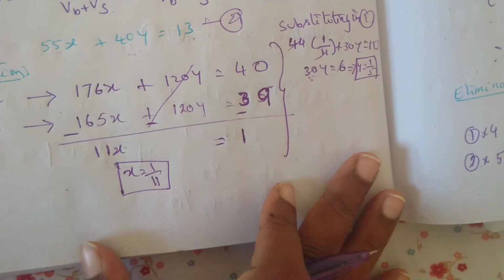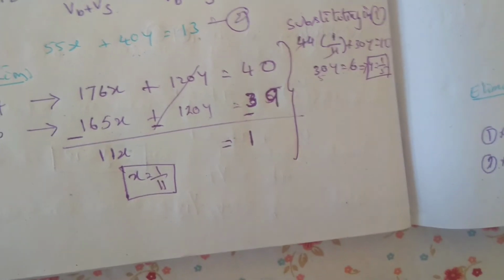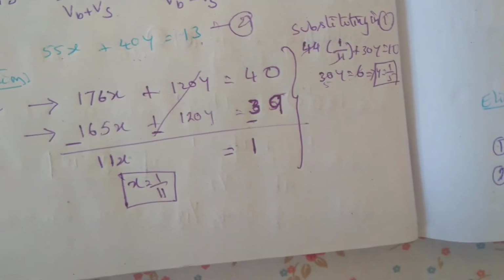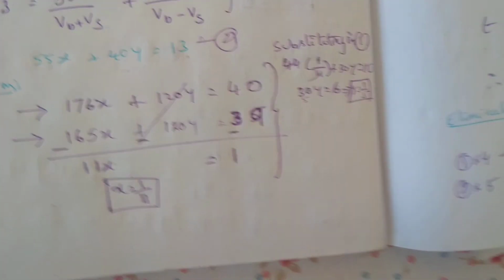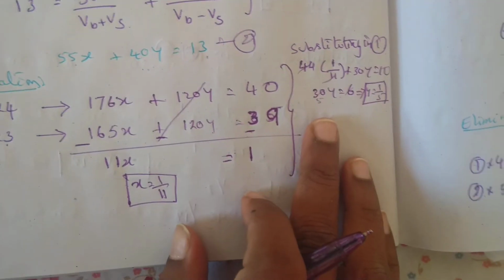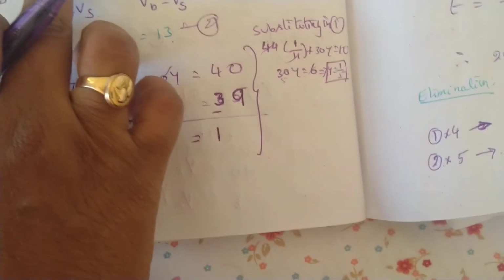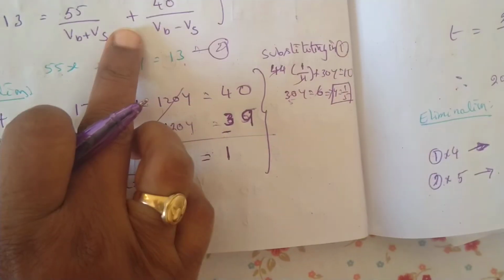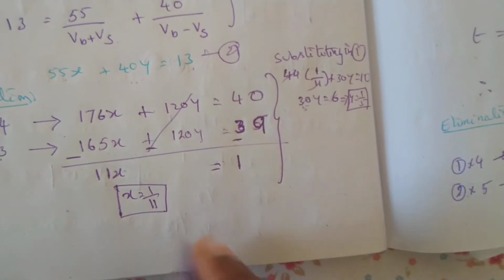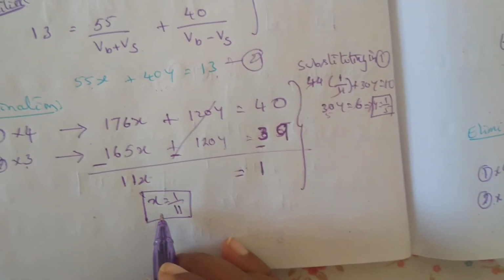For the first problem, I will solve everything and show you. And for the second and third problems, I will only stop at the equations. You have to solve by yourself. Now, what is it that we got? X and y values. Is that enough? No, we want VB and VS values, meaning velocity of the boat and velocity of the stream. So, now let us see how to do the problem.